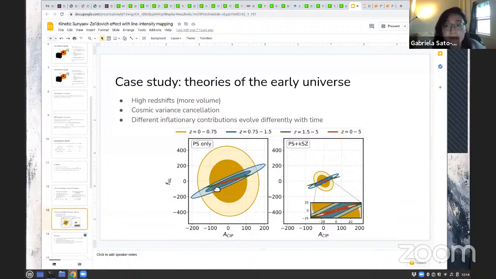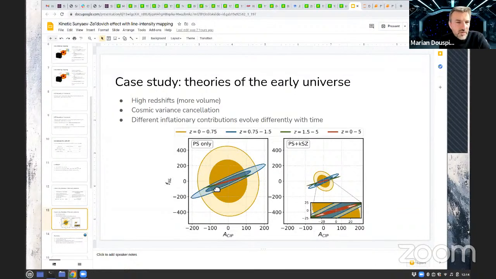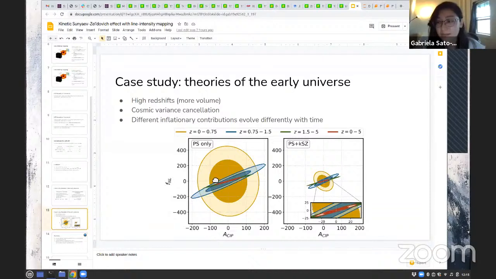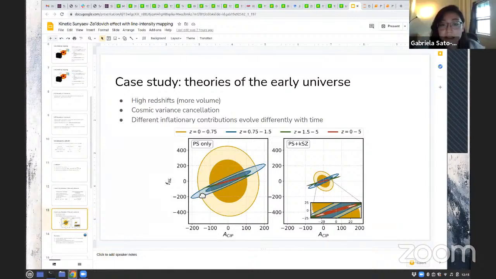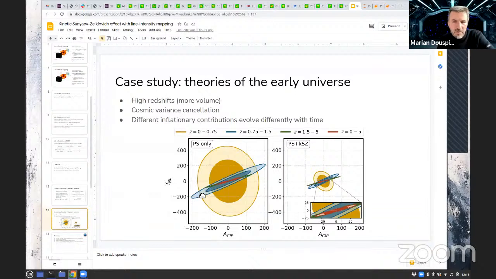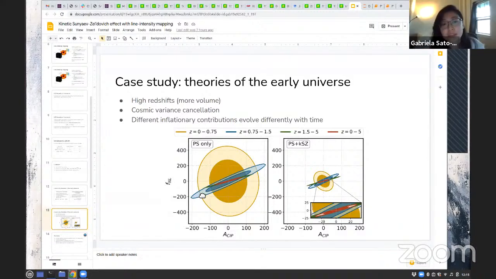Thank you. I just have a quick question. When you made the forecast with CCAT and SO, you kind of fixed the redshift to 3.7. We took the lowest redshift bin, to not include the reionization signal essentially. Okay, but you could have 2 bins at 3.7 and 4 or something? Yeah, we use the binning that CCAT-prime intends to use, and we only choose the lowest bin for that reason.